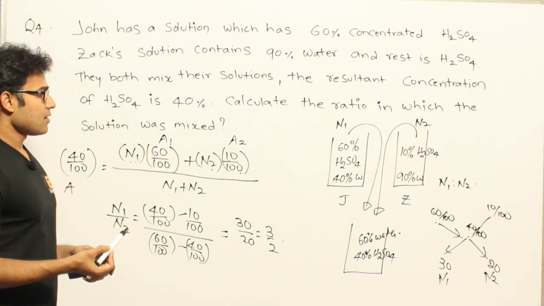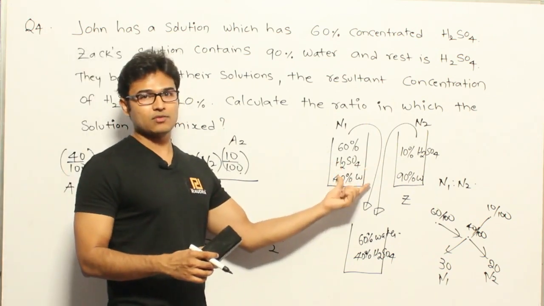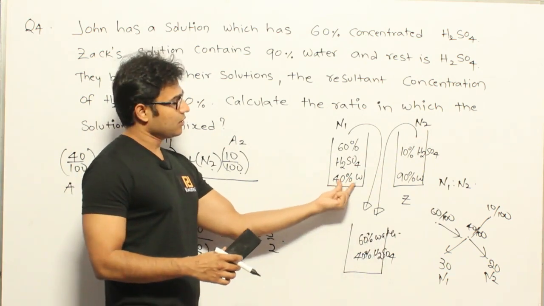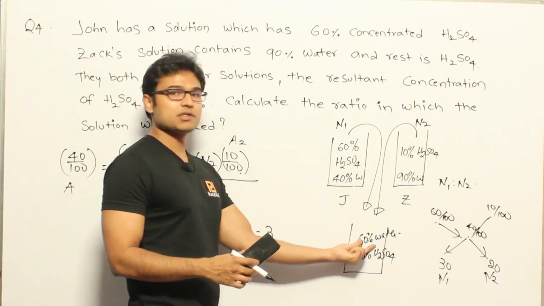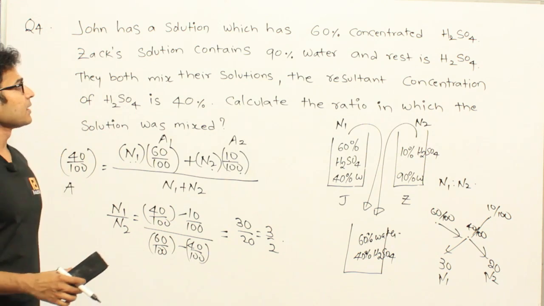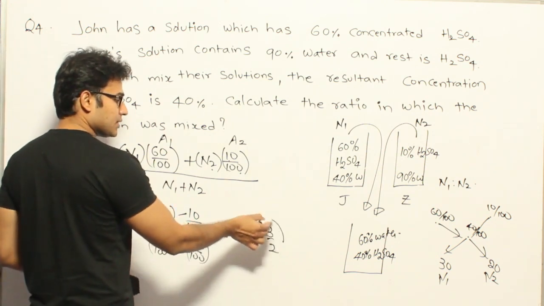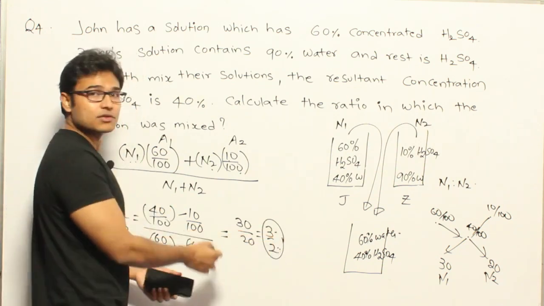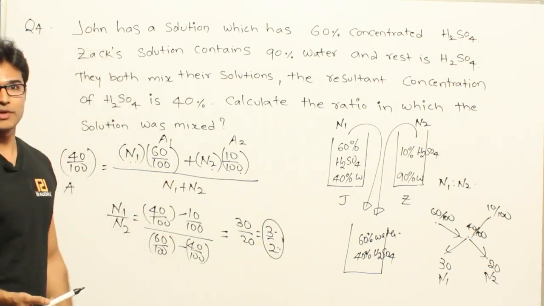Now instead of taking only H2SO4, you could have even taken water, and you could have done the same question, which means here you have 40% water, 90% water, and finally you are supposed to get 60% water, right? Even if you would have taken that, you are going to get the same one. So what is the meaning of it? If you take the liquids in any of these ratios, which means 3 liters, 2 liters, or 30 liters, 20 liters, you are going to get the concentration as 60% or 40% H2SO4 finally, right?